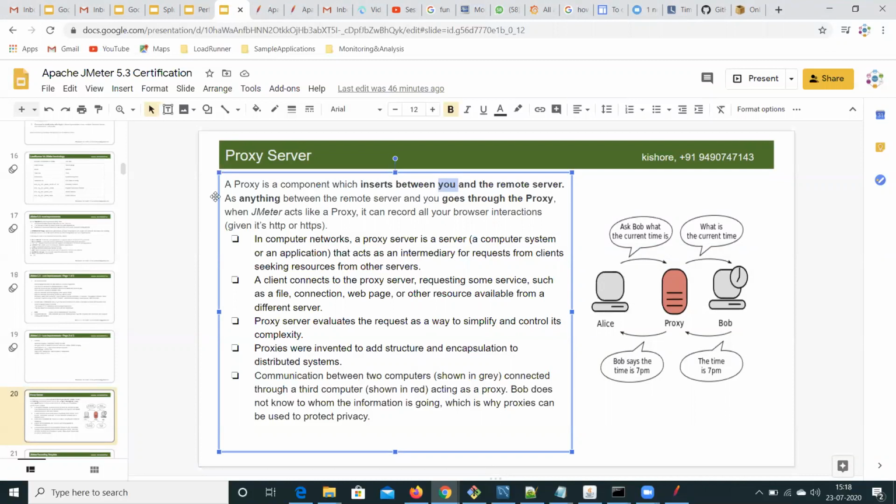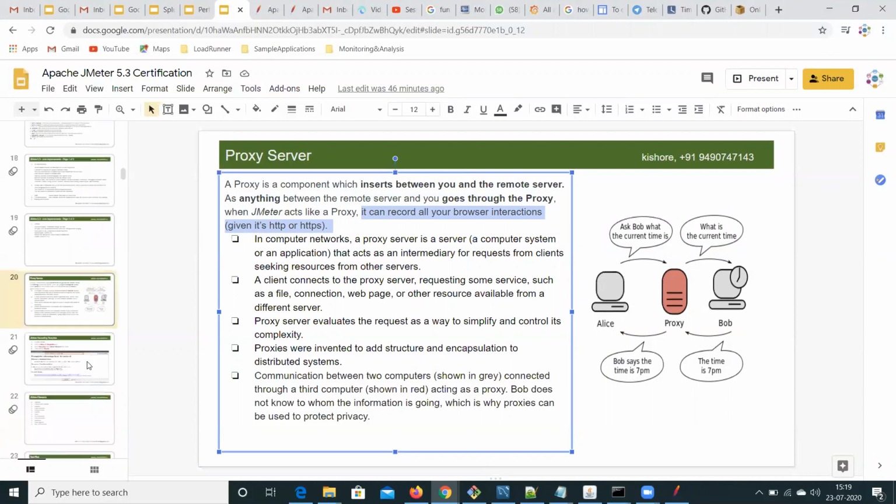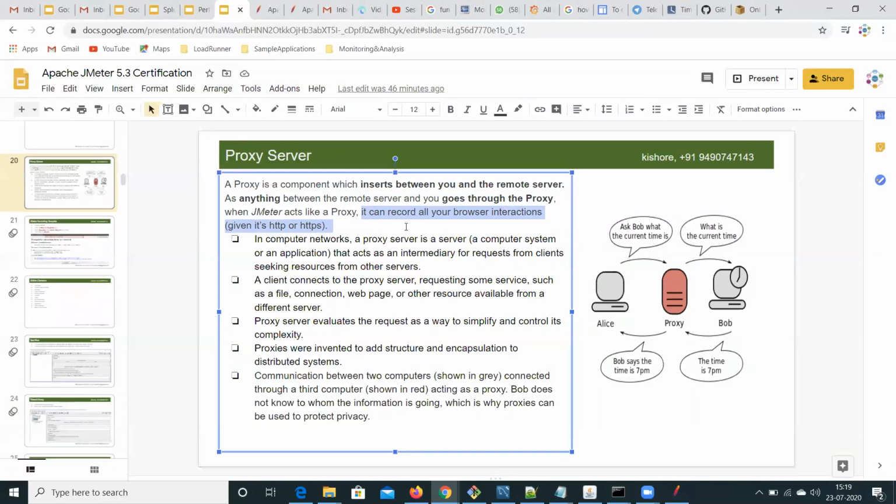As you can see here, once we set JMeter as a proxy, anything between the remote server and browser goes through the proxy. When JMeter acts like a proxy, it can record all your browser interactions, whether it is HTTP or HTTPS. So this is the reason why we need to set JMeter as a proxy between your browser and server.